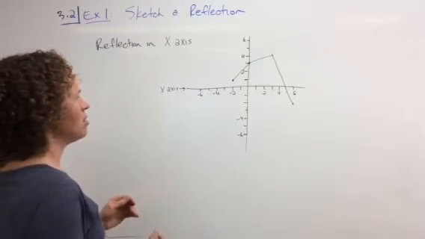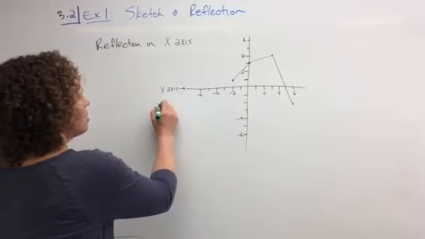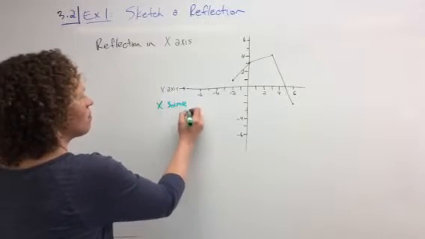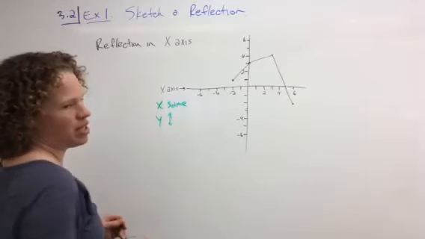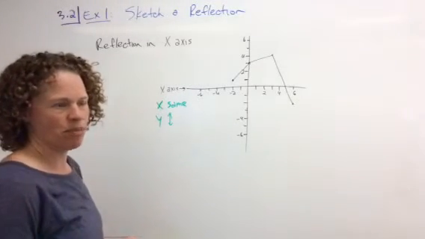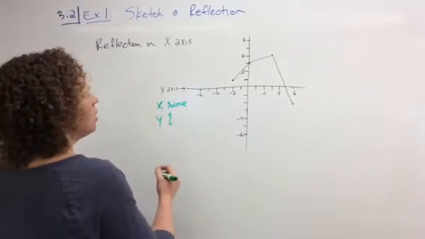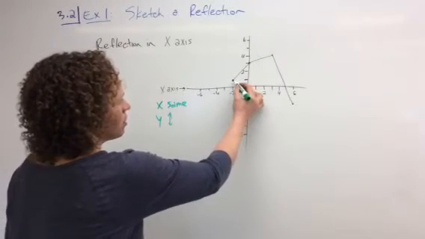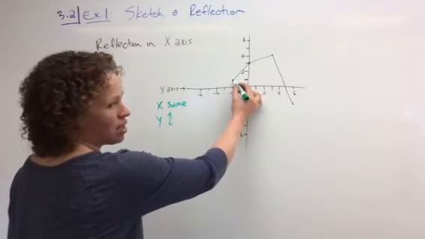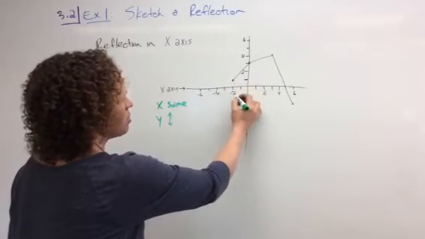That means that my x stays the same and my y flips up and down. So negative becomes positive, positive becomes negative. If I start with this point, it's at -2, that's going to stay the same, and 1, so it becomes